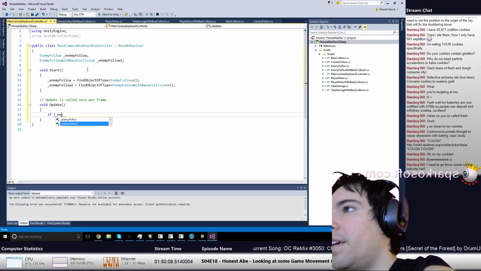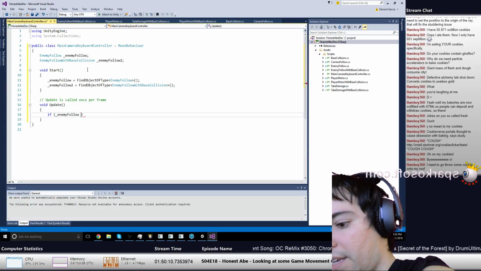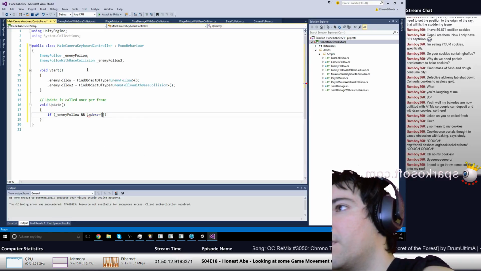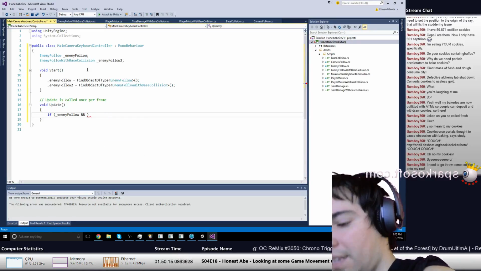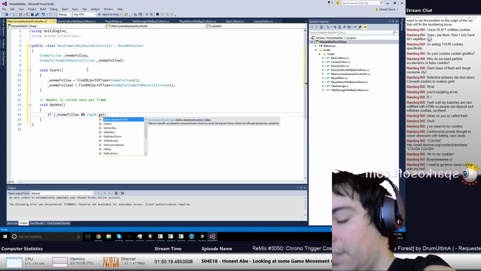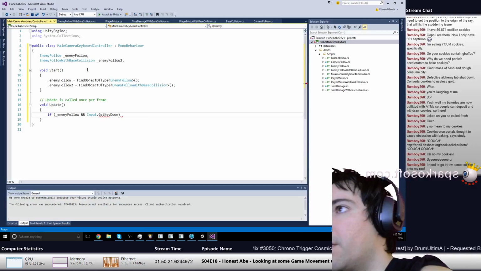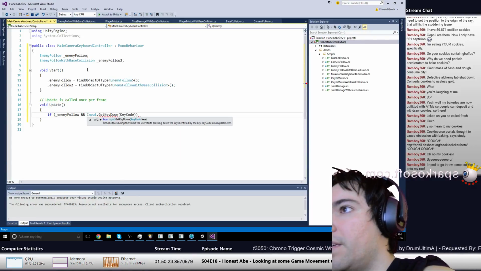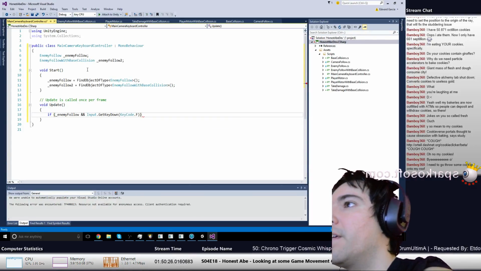If enemy follow and input dot get key down key code dot f, then enemy follow dot